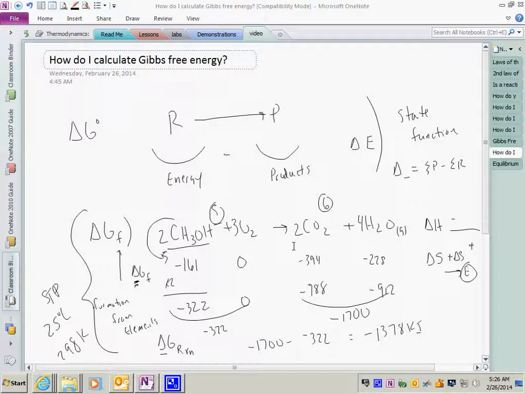Good morning. This is a very short video on how to actually calculate a standard delta G. I have a lot of the math done here, so if you're following along in your notes, you can pause and take a look. But again, delta G, this little circle means prime, is the total net loss of energy or gain of energy